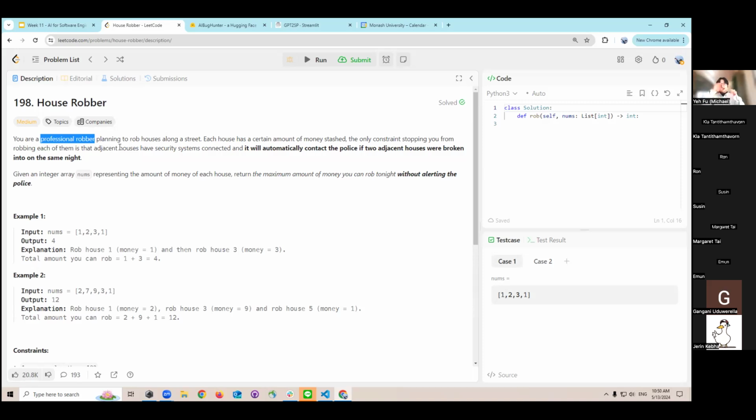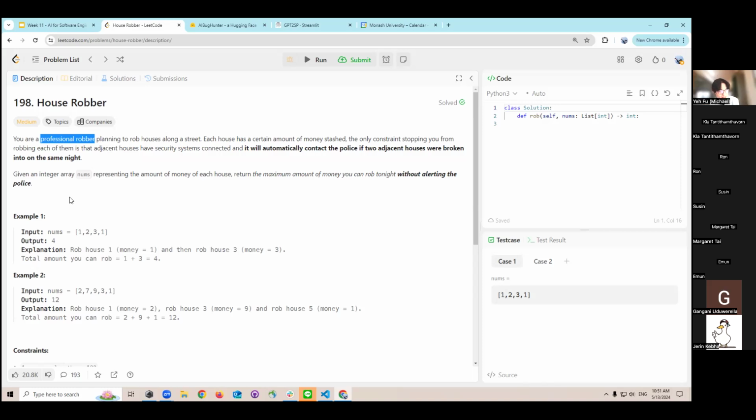How does the alarm system work? If you rob two houses in a row, then the alarm system will be activated. So what you want to do right now is rob the most money from the houses, but not activate the alarm. So you cannot rob two houses in a row.